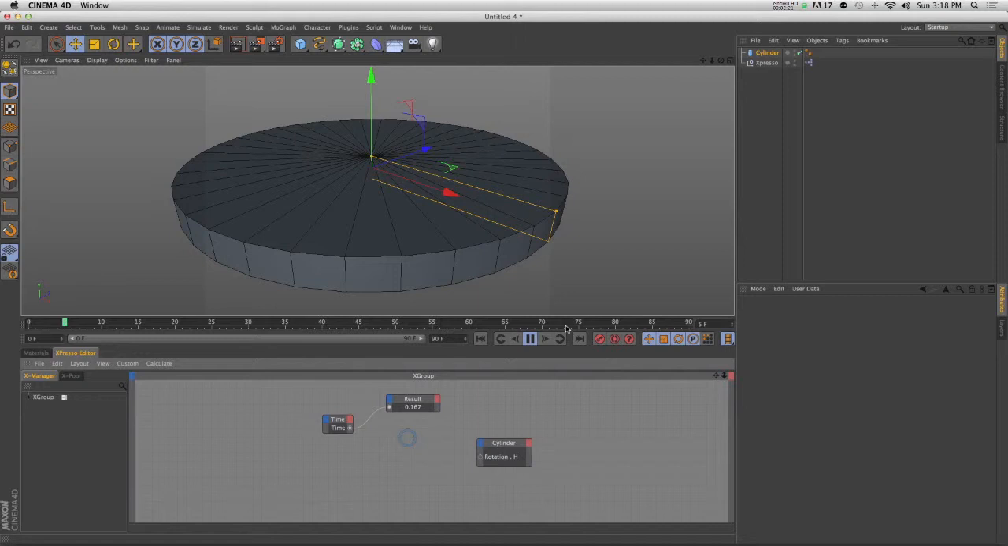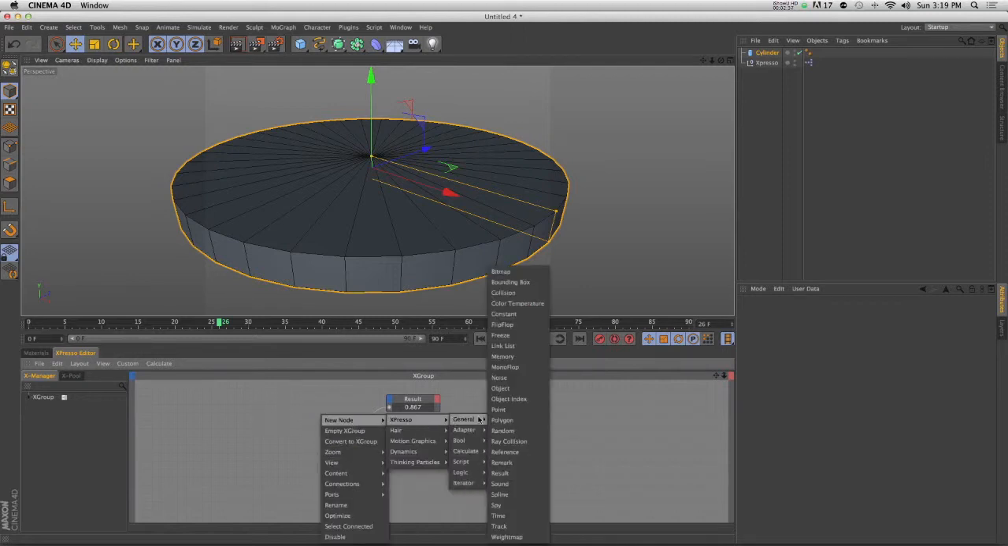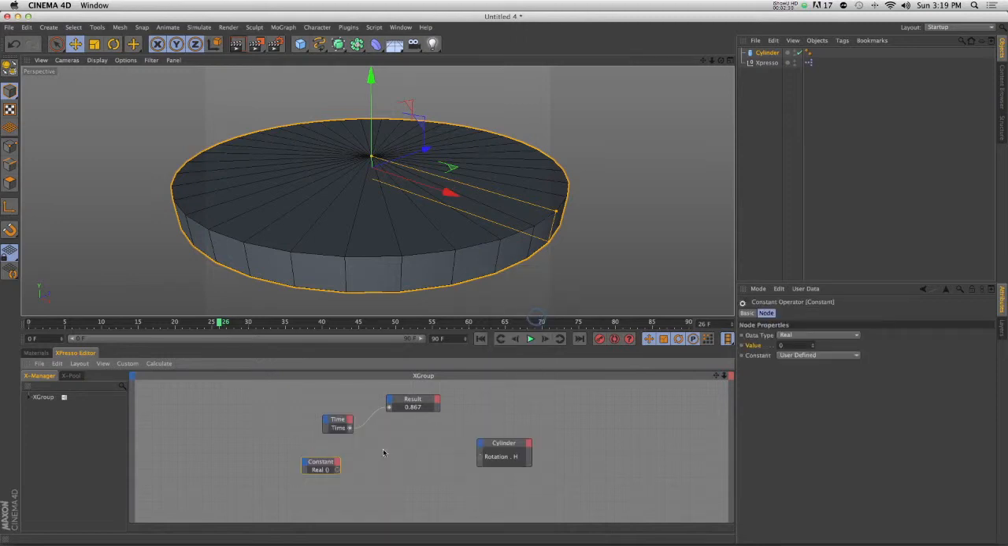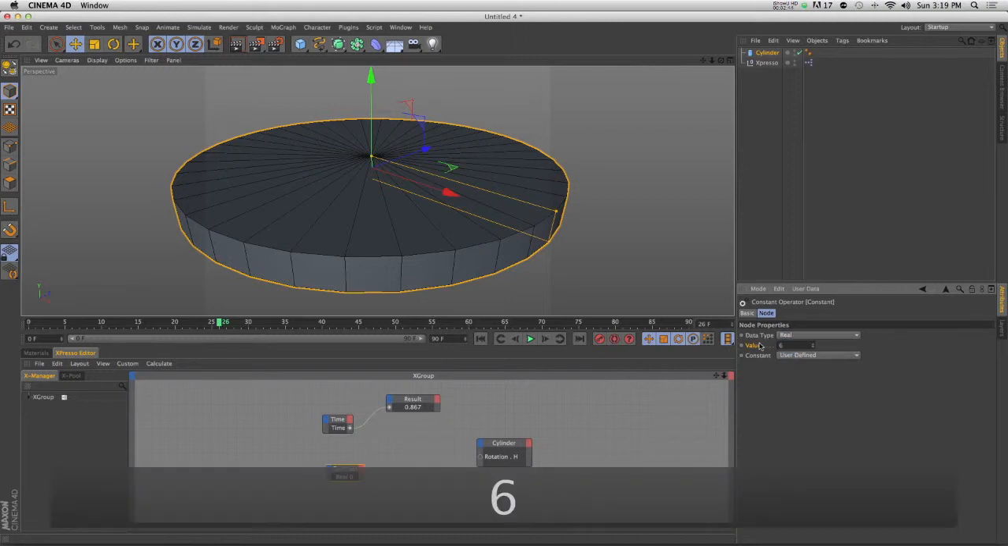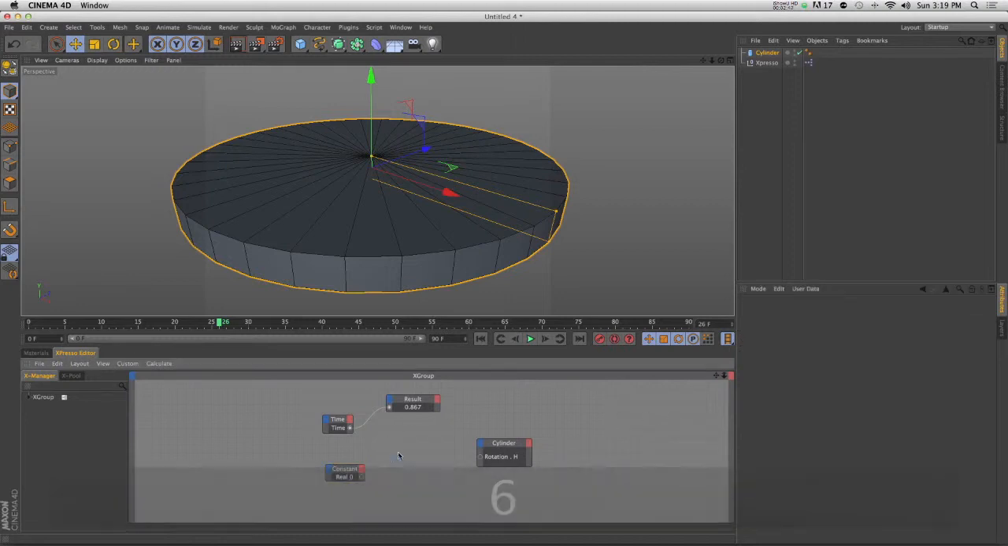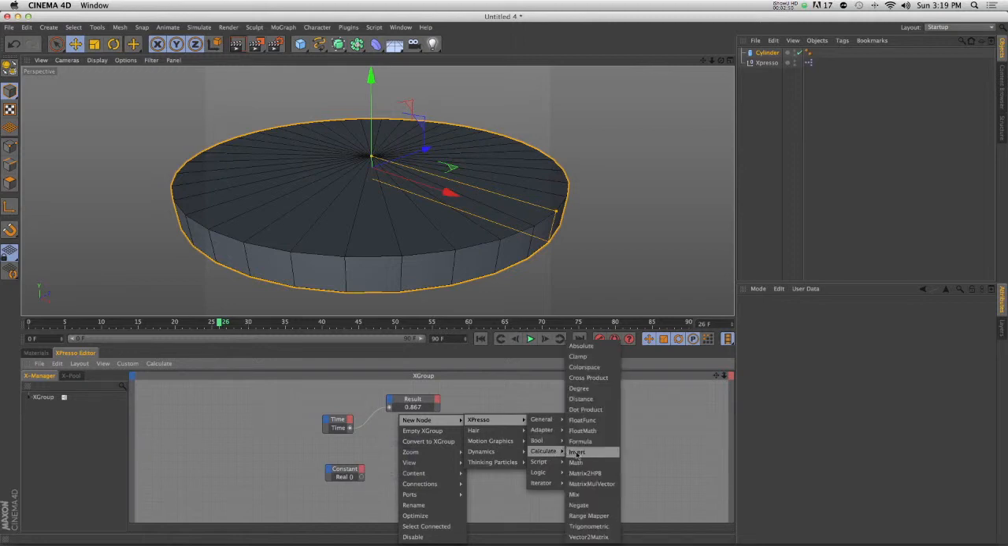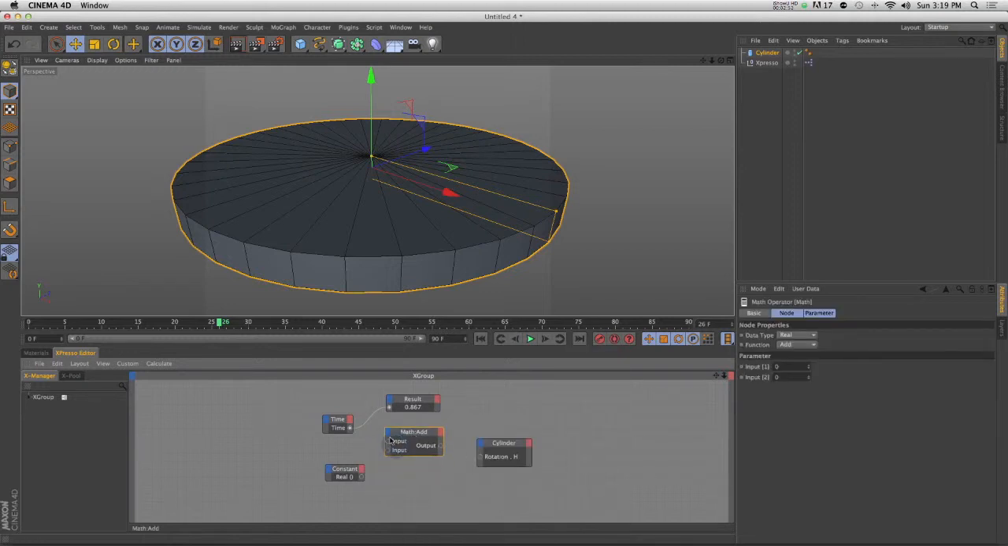So what we need to do is make this thing spin whenever the playhead hits play. To do that, we're going to need to take time and multiply it by another number. That other number is going to be a constant. A constant is just a number node. So let's add 6 into the value, and we will do a math node. So we'll click on math and multiply that. We're going to change add to multiply,